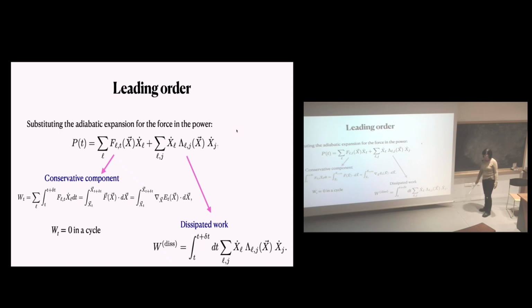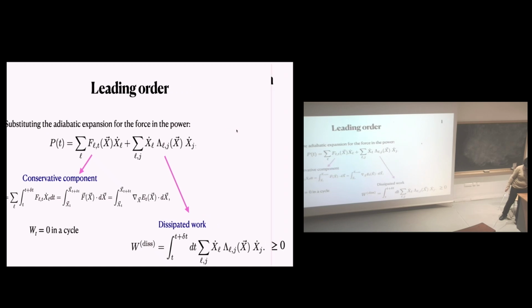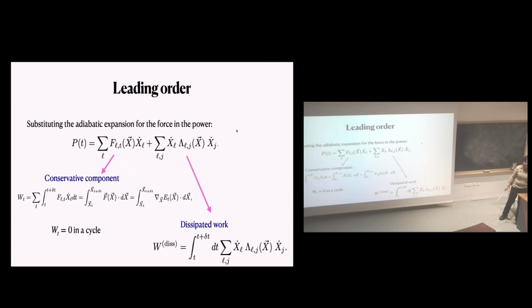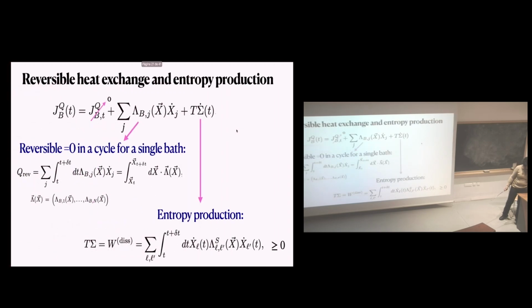So this is the component that precisely describes the work that is done by these time-dependent forces and is dissipated in the bath. And if we look at the bath, at the flux entering the bath,